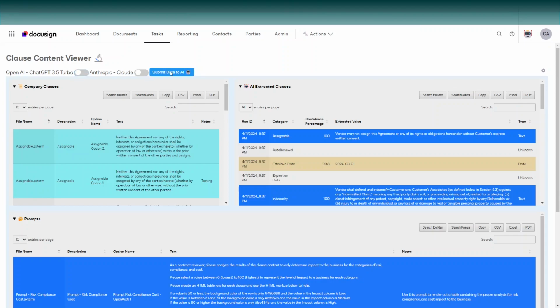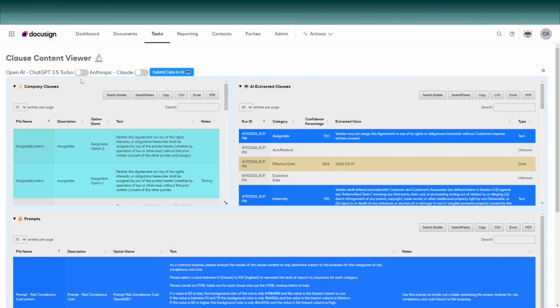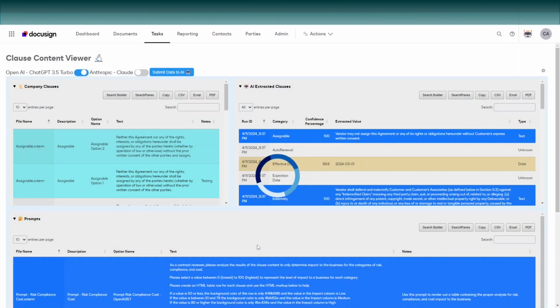If I try to run this, even though I've made my selections, we get a nice little validation. So let's make sure we've selected that, and we're going to get a little more validation. These are the AI extracted clauses that you want to run. You're not involving anything from your clause library for this prompt, and here is the prompt that you selected. So let's go ahead and send this off to the